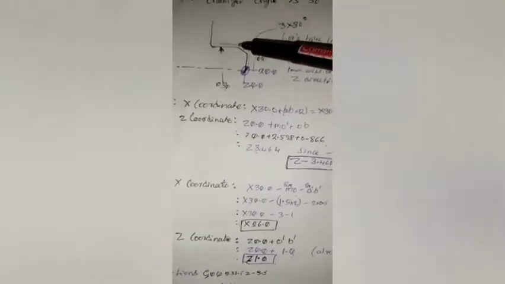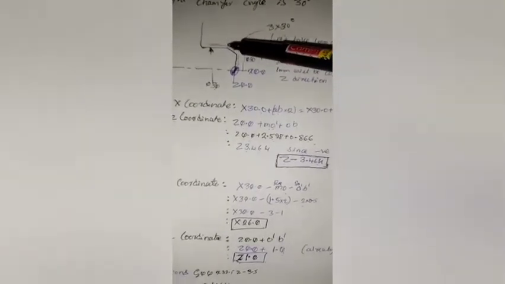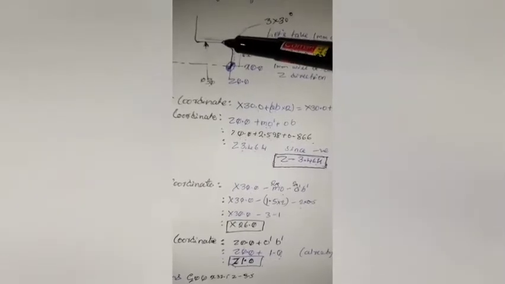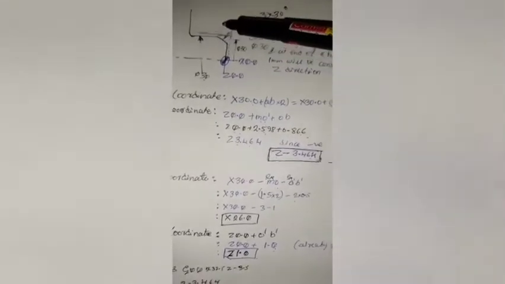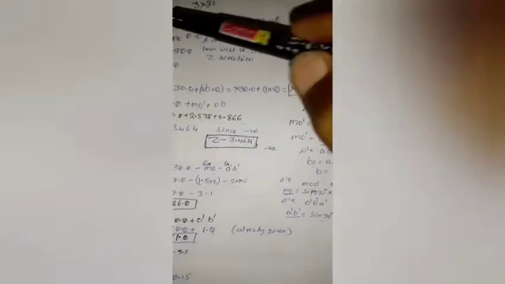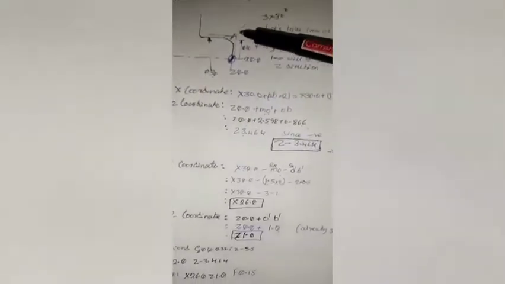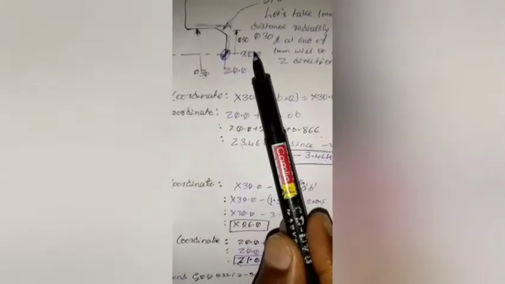So similarly I cannot cut fillet or chamfer from this position to this position. I cannot park the vehicle in the rapid motion. So I will have to find out the coordinates other than this point. Again I will take the assumption of 1 mm above this x30, 1 mm above radially, so that will become 32, and 1 mm after this origin in the z direction.